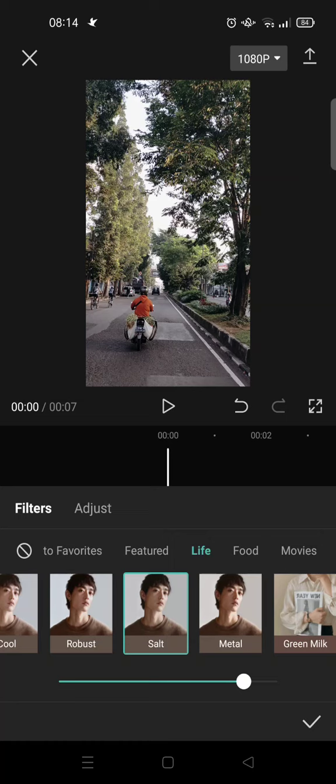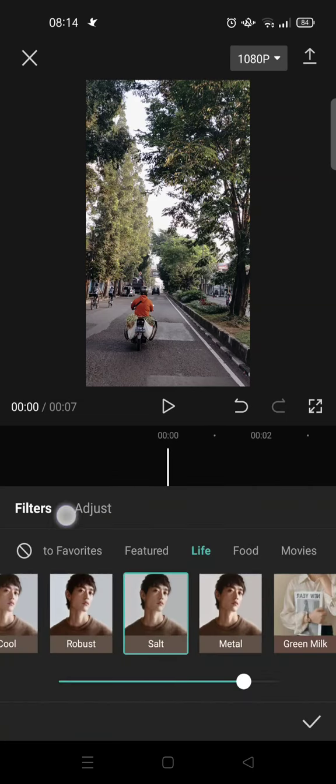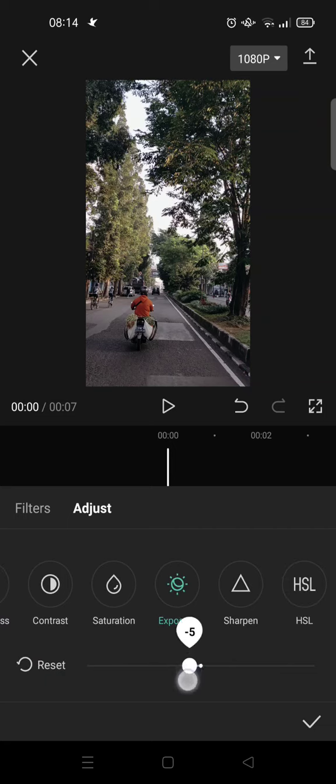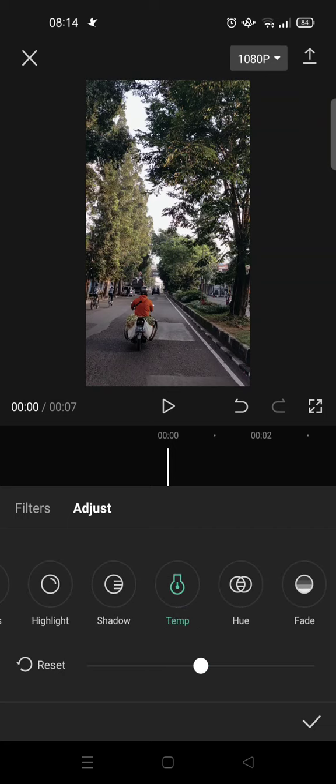that. Click on the check icon and then go to adjust here and set the brightness into -5 and the exposure into -9, and then the thumbs right here into -4, and then next